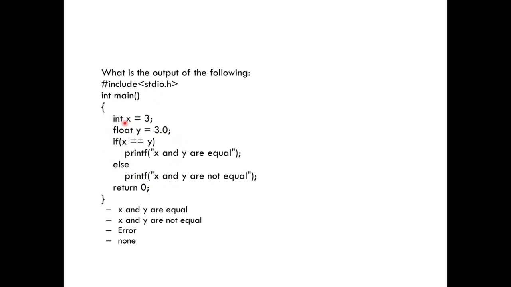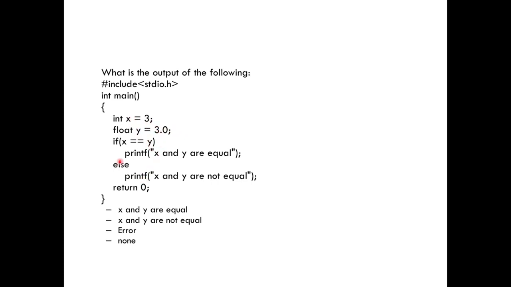So what has been allocated? x as 3, integer type, y as 3.0. Right? So now it will just check the condition. If condition 3 is equal to 3.0, is it equal? Obviously, right? The compiler itself will convert to the highest data type. Whichever is the highest data type, it will select, and it will convert the lowest one to the highest data type. So it is 3.0, 3.0 again. So x is equal to y, yes, it is